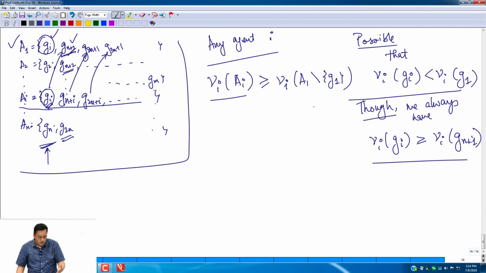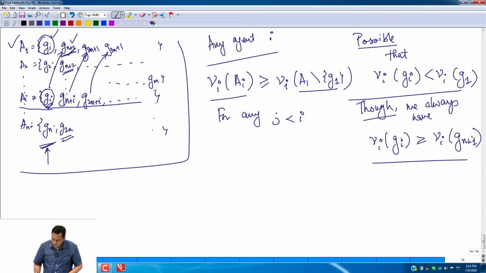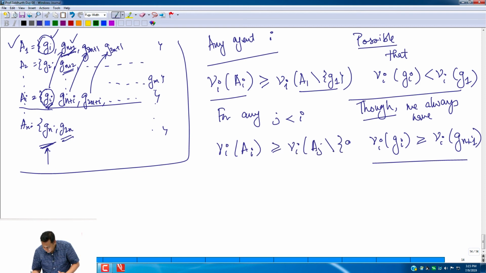In fact, it's always NV free with respect to one of the first n goods that got assigned. So modulo that, you have this. I just argued this with respect to A1, but what you have is, for any agent J with index smaller than I, which means J actually gets to go before I in every round in the round robin, this is Vi of Aj, specifically Gj, the good. So Aj is somewhere here, Gj is this good, and